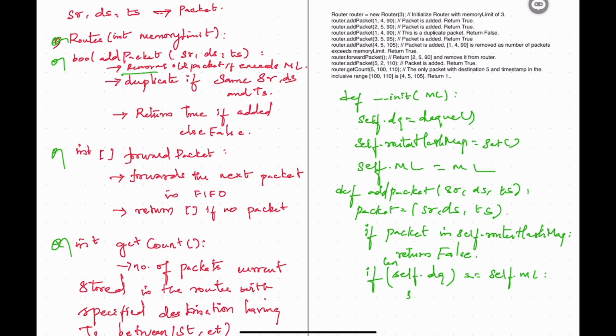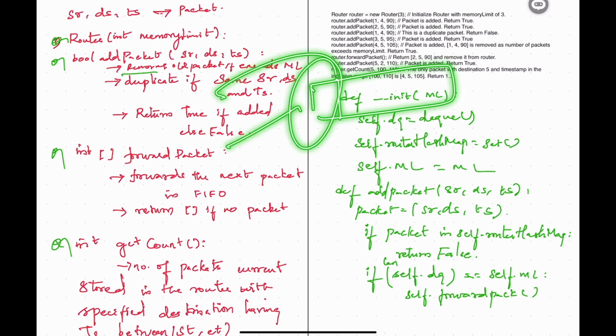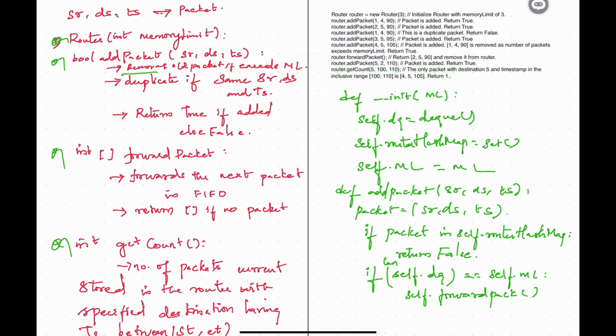Now we have to just call the self dot forward packet that will remove the oldest packet. Got it? So once it got removed the oldest packet from the queue, now you will have one more space. You will be just appending that to the self dot dq dot